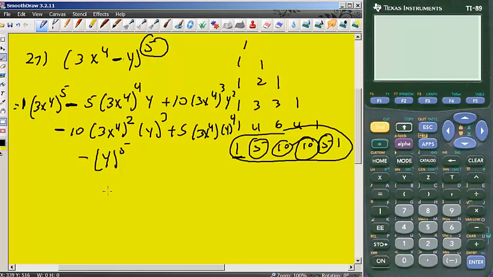Alright, the rest of it is just cleaning up, raising 3 to the fourth power, multiplying by negative 5, raising the x to the fourth power, so on and so forth. Okay, so you just have to clean that up. But right now, okay, I will let you leave it right